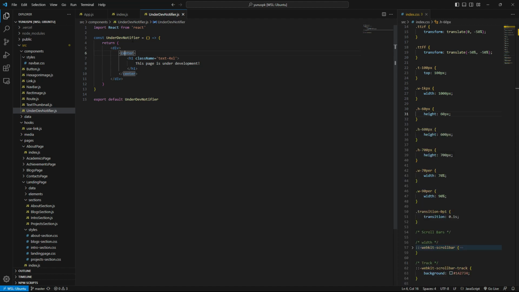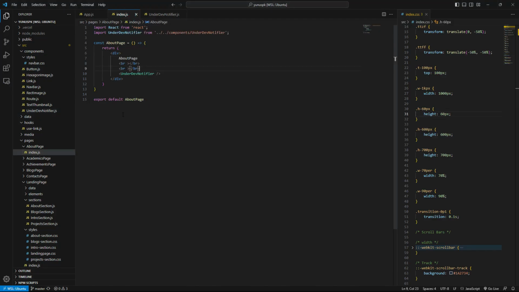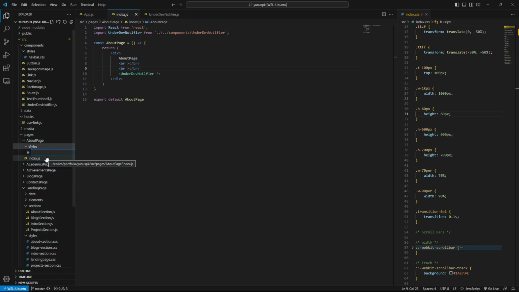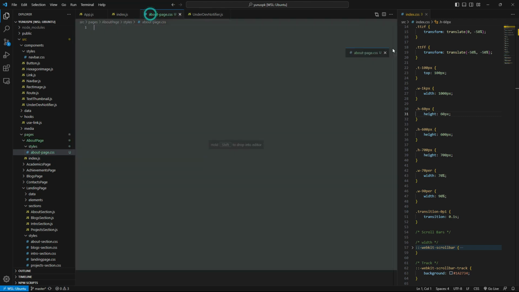Now what we're gonna do is that we're gonna come to that thing, in the about page we're gonna have a new folder that's for styles, and in the styles we're gonna have a new file, and that's gonna be about page.css. Got the about page.css.